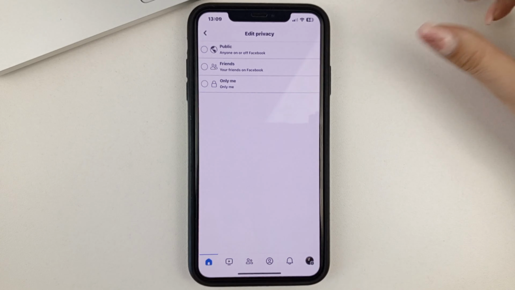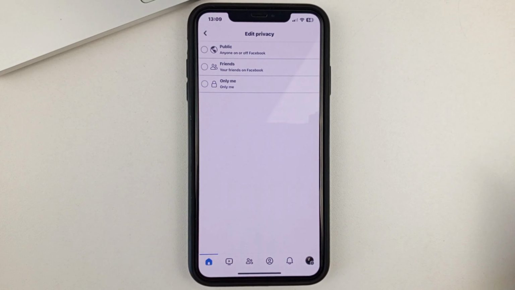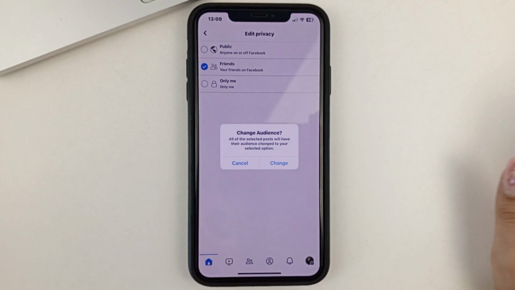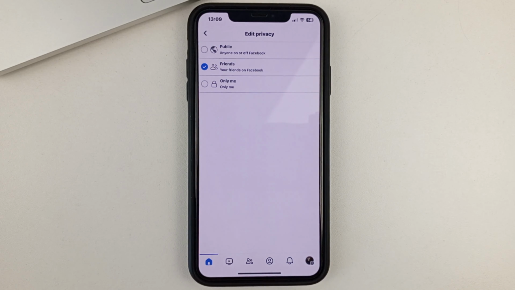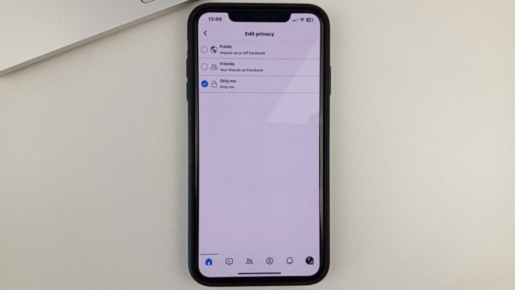And now, as you can see, we're shown how you can change the audience, which one you can choose. So, the first audience is public, that is, your publications are seen by absolutely all users on Facebook, both your friends and absolutely strangers. You can also choose friends only, let's say, so that only your Facebook friends see your posts. Or if you want complete privacy, then you choose just for you. And after you choose only me, after that all of your postings that you do on Facebook can only be seen by you.